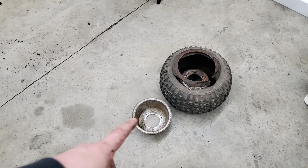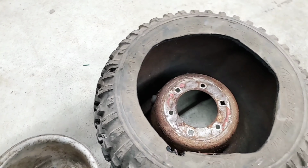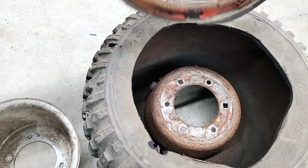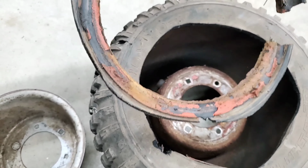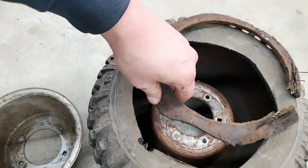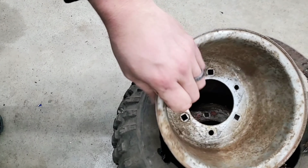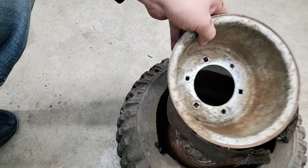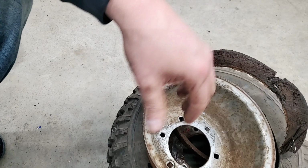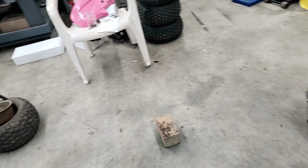So this is the tire I couldn't get off the rim, and I discovered why, because they used some sort of orange sealant to seal the bead. It was a struggle to break that free. This rim, the inner dish of the two-piece rim, wasn't that bad, so I wanted to peel that off, and I've got plenty of rims that are worse than this, so if I develop a set of spare rims that I can use,